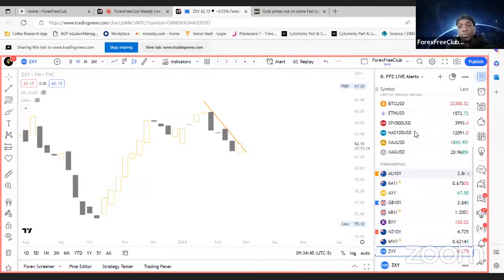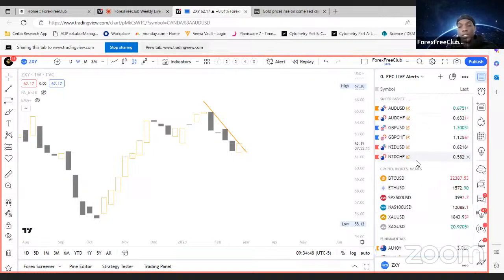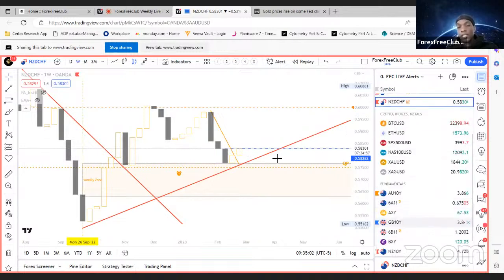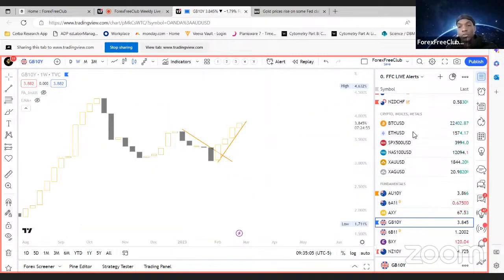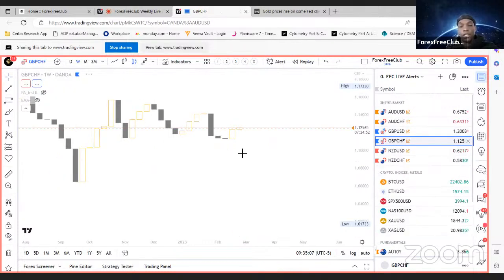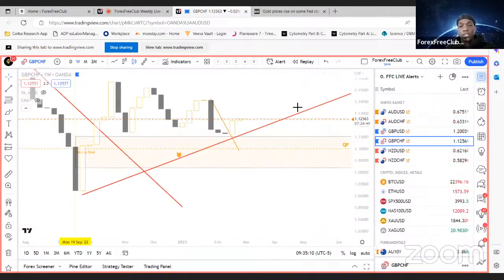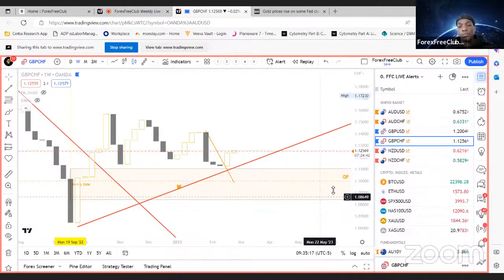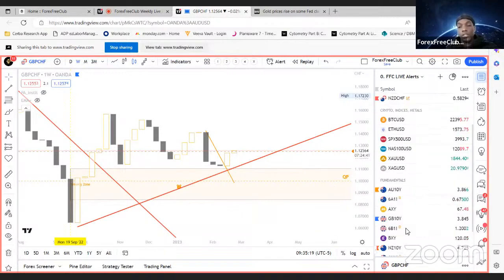So if any pairs I would be looking at to trade this week, it would be NZD Swiss franc, although we're not at the quarter anymore. So we would just be going based off the momentum and the fact that we broke our counter trend line. And GBPs, although not as strong as the NZDs, fundamentally we did clear this high. So I'll be looking to trade GBP Swiss franc this week as well, because the technicals and the fundamentals are lining up regardless of what the news is saying. So that's the pairs that I'm watching for this week.